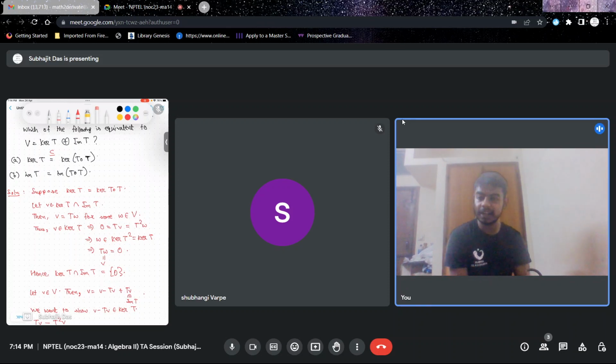If v is in the kernel of T, then Tv is 0, which means T squared of v is also 0, right? So what assuming the equality says extra is that this is correct: the kernel of T squared is contained in the kernel of T. This much we know. Now this is what I am concerned about. So the kernel of T squared is the kernel of T. What can we say from this?